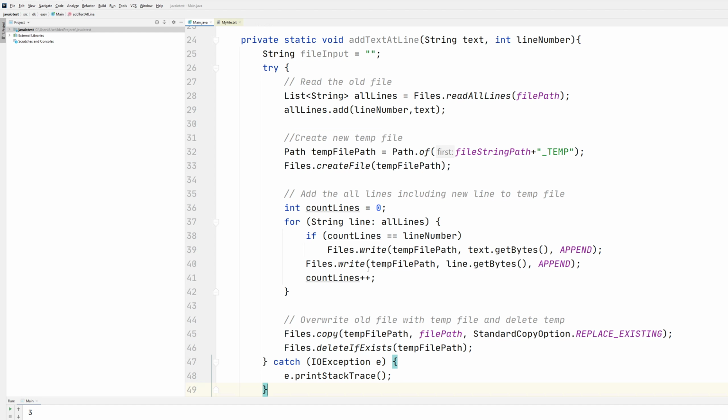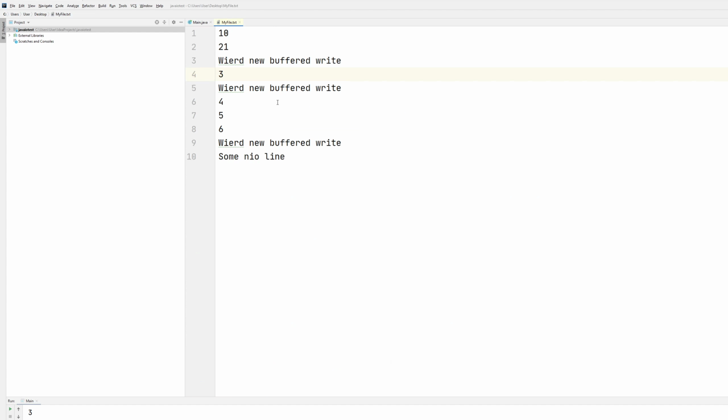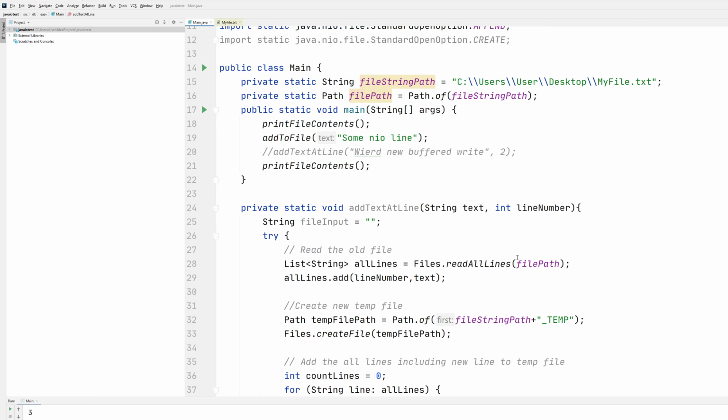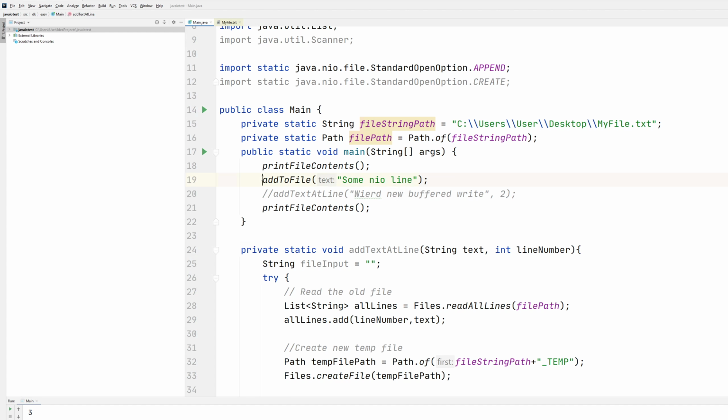We need to check that all of this code that I've been showing you is actually working. This is going to be interesting. So we have this my file. I better copy this in case it's getting deleted or something like that. So I'll remove this one,